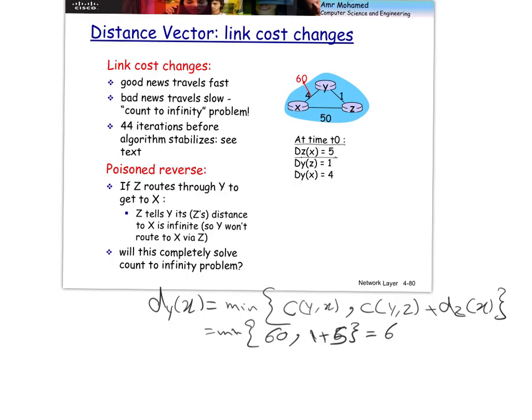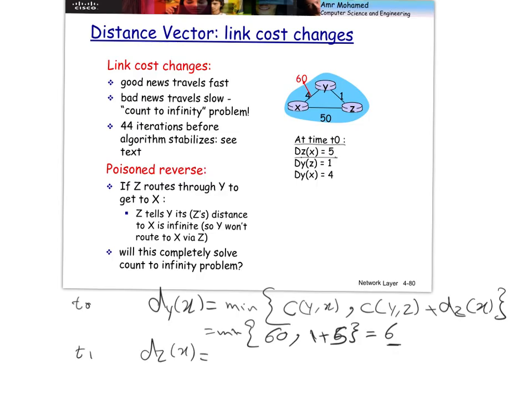Although the distance reported from Z to Y is also through Y. So it's as if it's a fireball and everyone is trying to throw it to the other one. Again, this is because of the implication of the partial view. This is at time T0. Because this cost changes, now I have to report. At time T1,